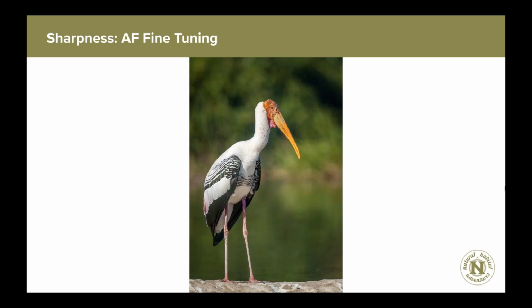A lens that requires autofocus fine-tuning is a lens that consistently back focuses or front focuses on a regular and consistent basis. Now, what I mean by back focusing and front focusing is that when you place the autofocus point at a